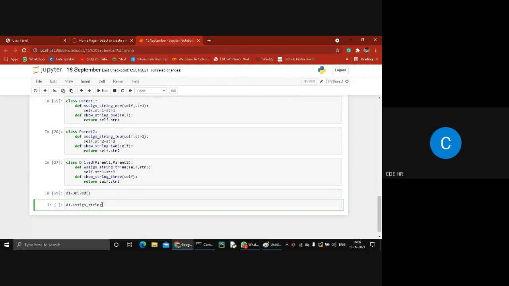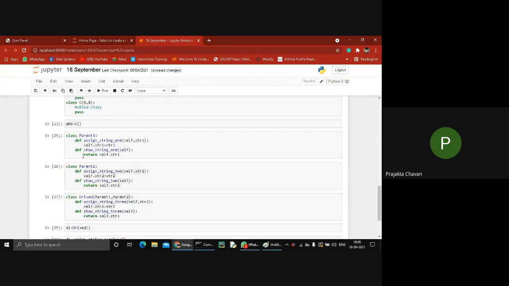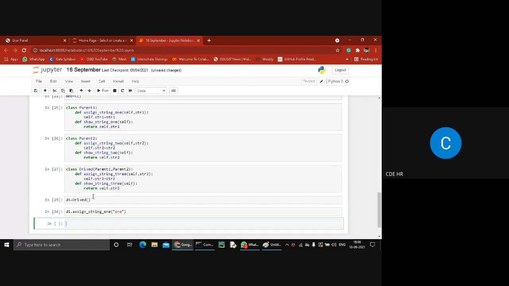Does it contain an argument? Yes, it contains one argument, so we just pass a string. So we successfully assign this string into the function, self.str1 equal to str1.